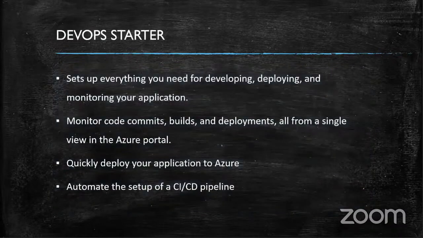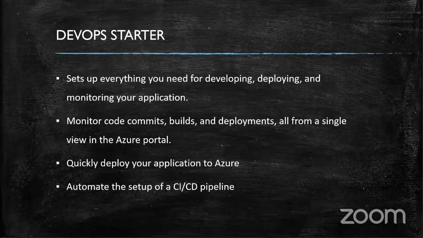With DevOps Starter, we don't need to set up a separate environment for hosting or deploying our application, whether from on premise to Azure or any other cloud service provider, while doing activities in your .NET Core or Framework environment. At the same time, we need a single framework to maintain every activity, like developing, deploying, and monitoring the health of the application you already deployed. All kinds of activity, how you build your application, you want to do in a single frame. So that's why they created something new called Azure DevOps Starter.